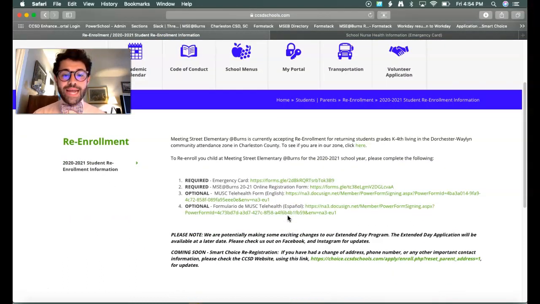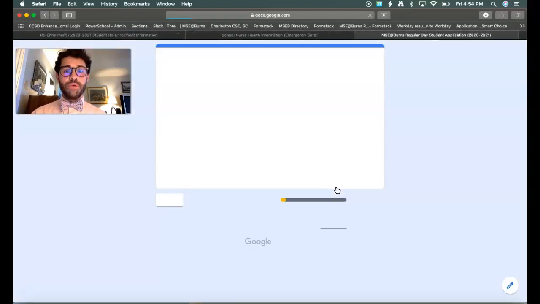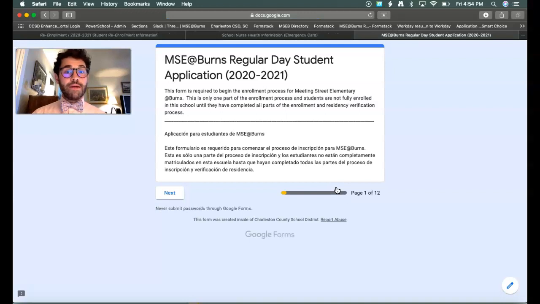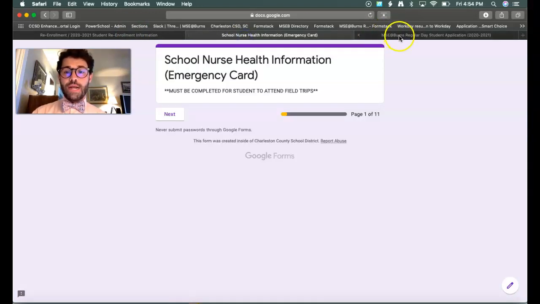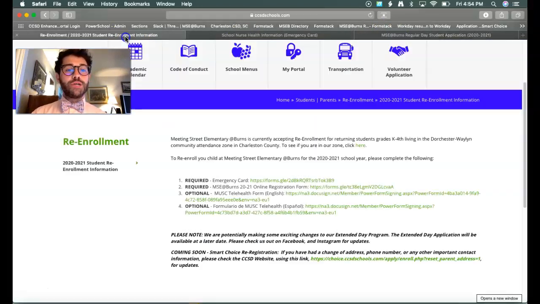The second required form that needs to be filled out is our Meeting Street Elementary at Burns online registration form with the link that you'll click here, and it will take you to another Google form that can be completed on any device. This form will also show you your progress, and once at the end, if you have more than one student that you're re-enrolling, you will be asked if you want to submit another response, and you would do that for each child you're re-enrolling. Once you've completed both the emergency card and our registration for 2021, then you can come back to our website